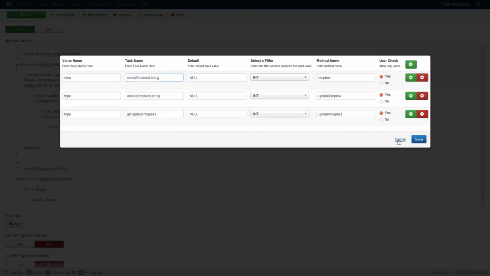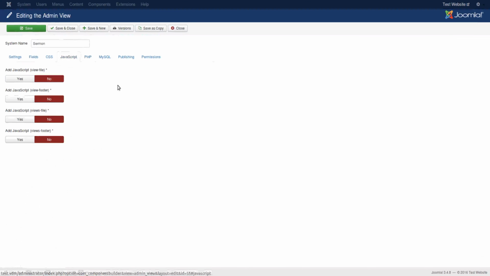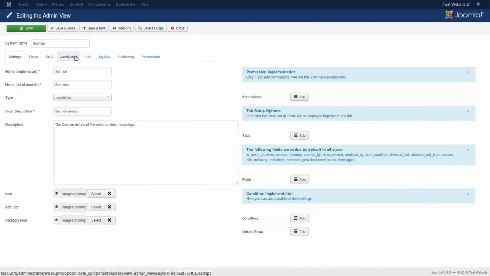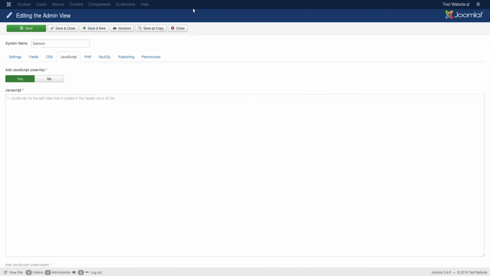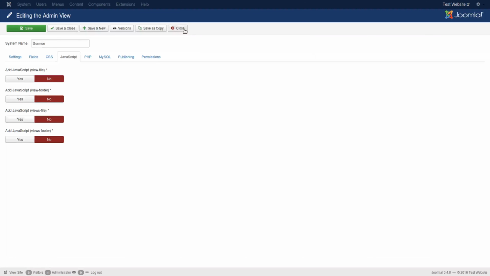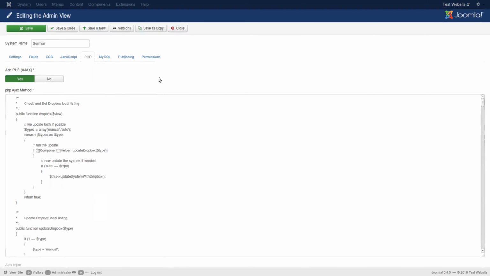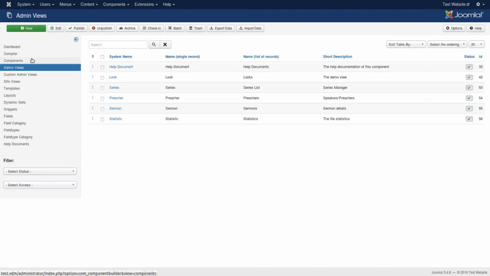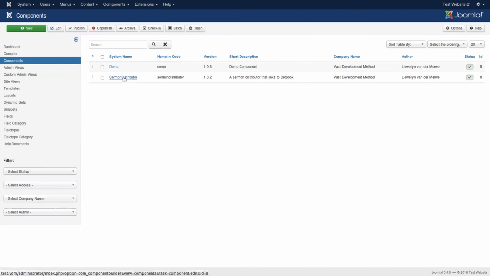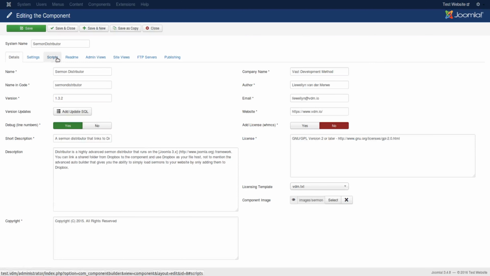So if we go to the JavaScript, I'll close out and go to JavaScript. Oh my, did I tick something here? Well, it seems I used the JavaScript example, which is going to get way ahead of us, but since we've started, let me not leave you in midair. So I'll have to close out here, and I'm going quite ahead of myself now, but I need to, otherwise you'll feel very lost. In Sermon Distributor, which is the component to which that view belongs, there is a place